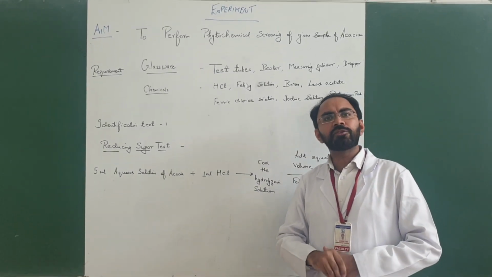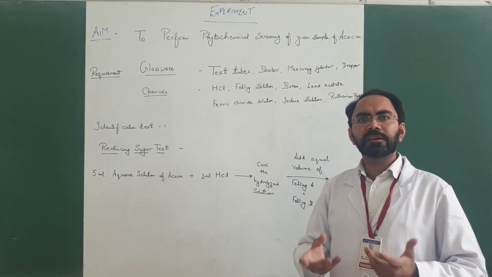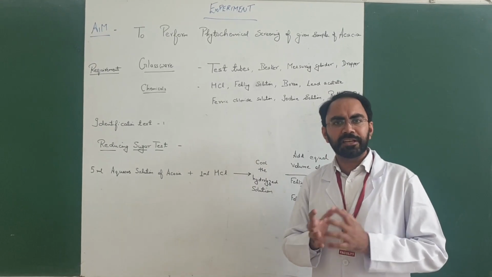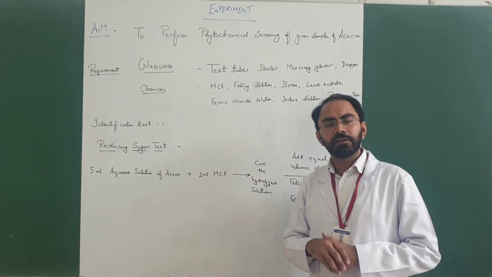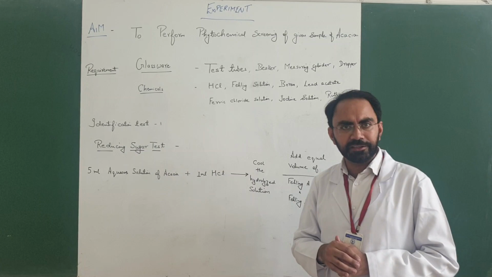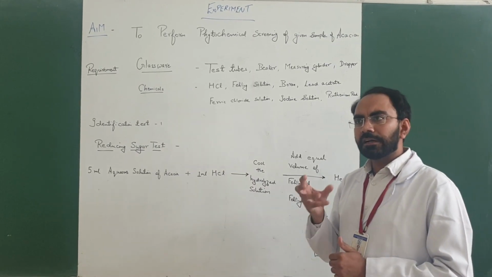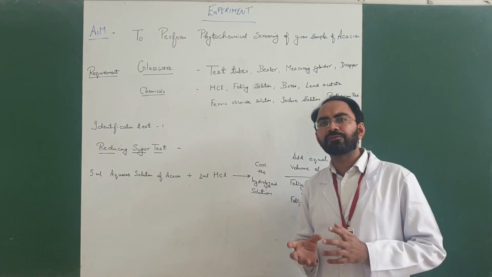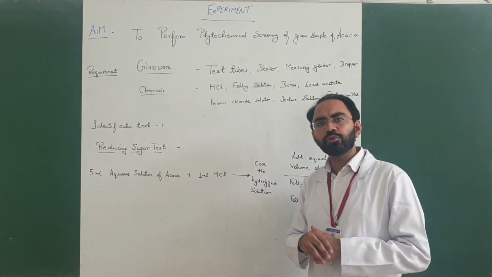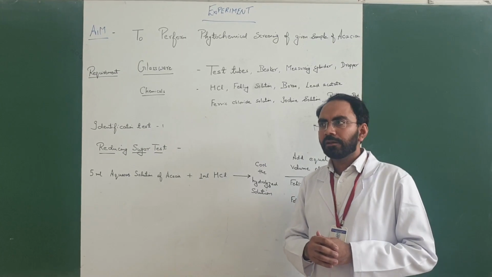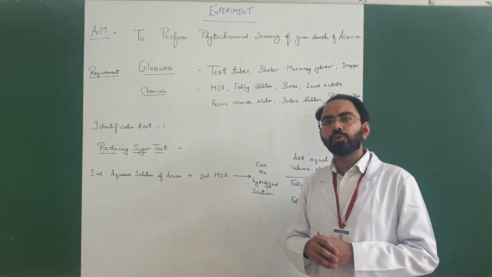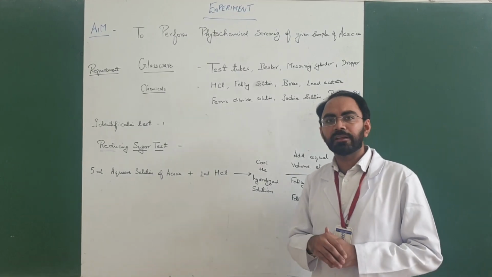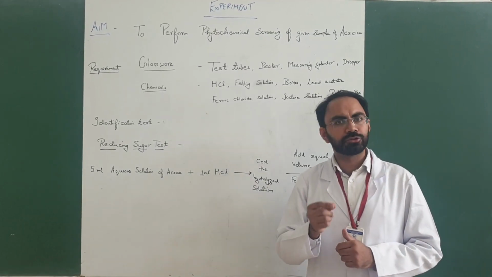Acacia is an unorganized crude drug. It is basically a gummy exudate obtained from the medicinal plants Acacia senegal and Acacia arabica. These plants belong to the family Leguminosae, and this gummy exudate is used as a pharmaceutical excipient. It is used as a suspending agent in the formulation of suspensions, as an emulsifying agent in the stabilization of emulsions, and in the manufacturing of tablet dosage forms.